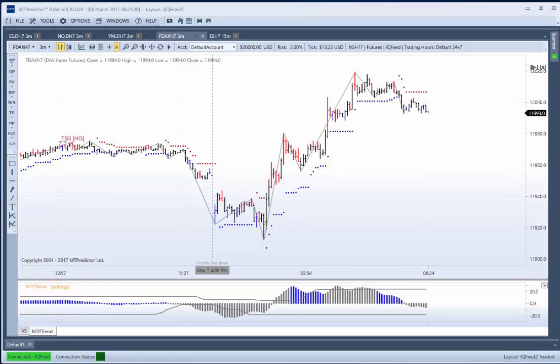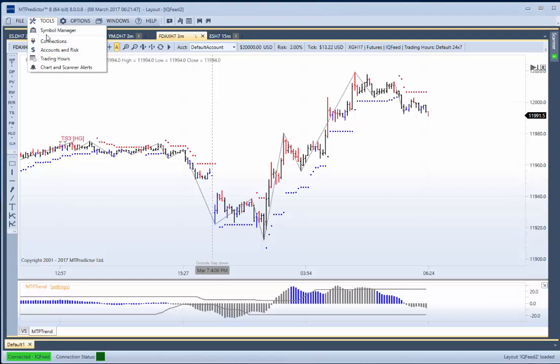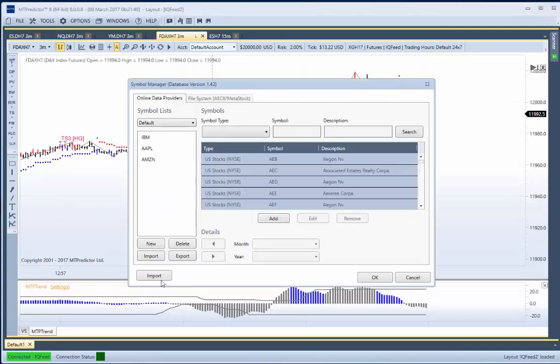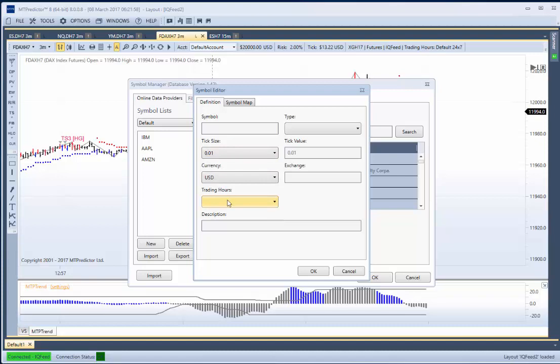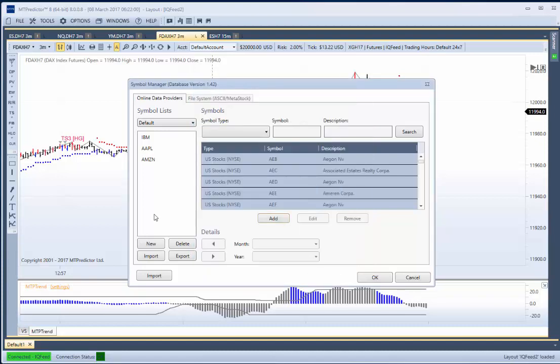In this help video, I'd like to look at how to import a number of symbols into our MTPredictor symbol manager. If I go to Tools, Symbol Manager, this is via this import button here. So if you want to just add one symbol, you can use the add button here, and that can just put one symbol in at a time. But if you've got a whole list of symbols, say 10, 20, 30 symbols you want to put in, we have a bulk import function here, and I just want to go through this in this particular help video,